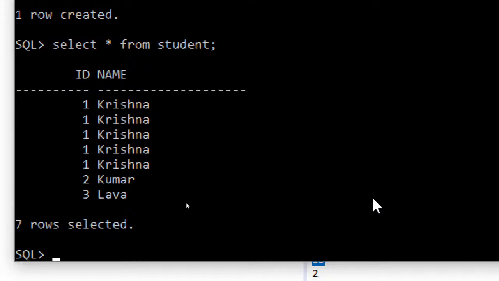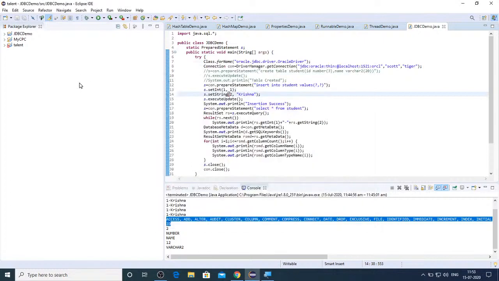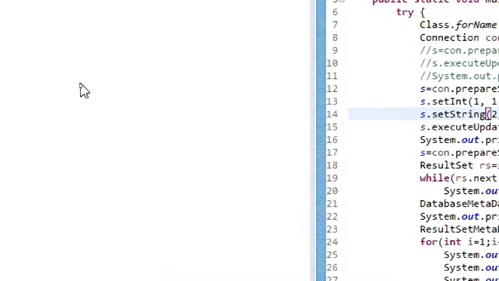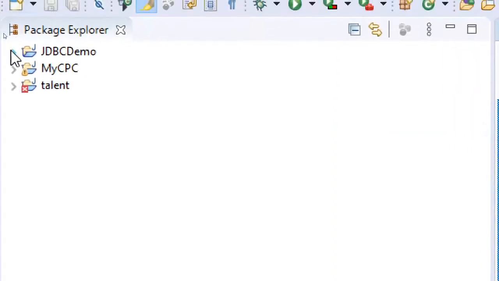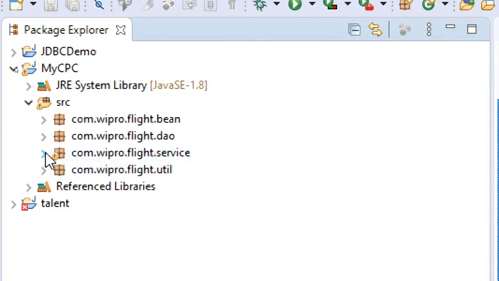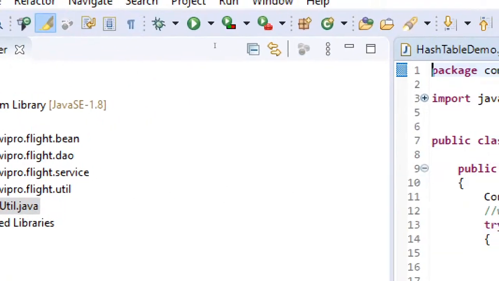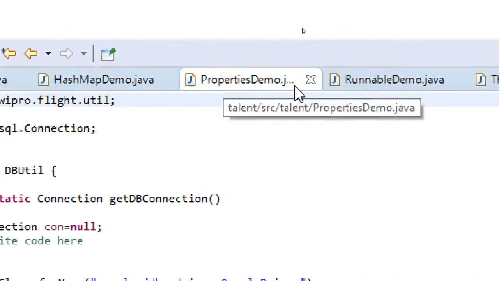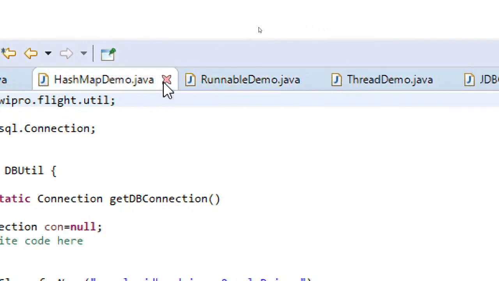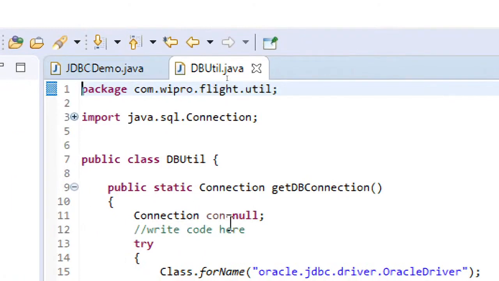And why I have set this sequence is, now I will get back to the project. So here you can see my CPC project, and as I have said, I got a flight reservation project. In this, let me close all these things, otherwise. So here you can see,